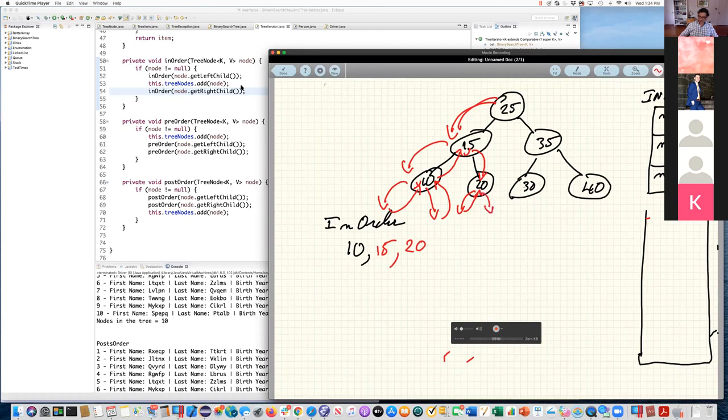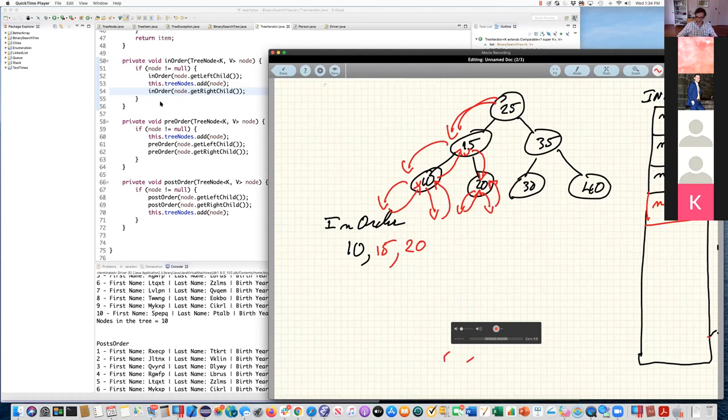When he goes down to the right child, n is equal to null. Okay, he goes back to 20, but now I'm coming back from visiting 20's right child. Right? Coming back from the right child is the end of the method, right?